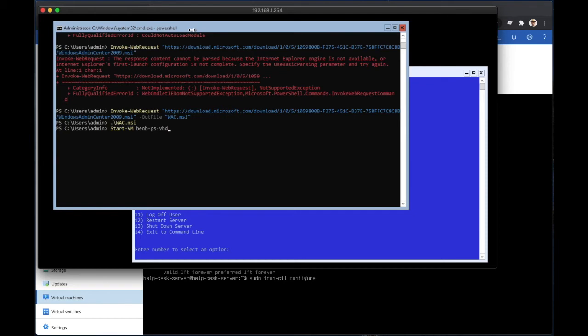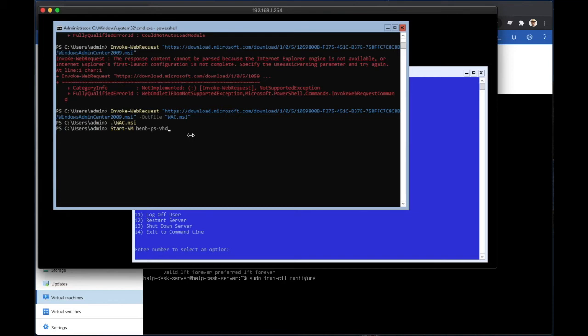So how do I get access to this virtual machine? How do I access the console, which allows me to interact with my Ubuntu server and start up that help desk server application? So that's where the commands just above that here, Invoke-WebRequest and then the MSI installation, come in handy. So you're going to download the Windows Admin Center MSI package from Microsoft. Again, it's a free addition to the Hyper-V server. And once you've downloaded that, you'd run / and then the name of the MSI file, and you'll see a